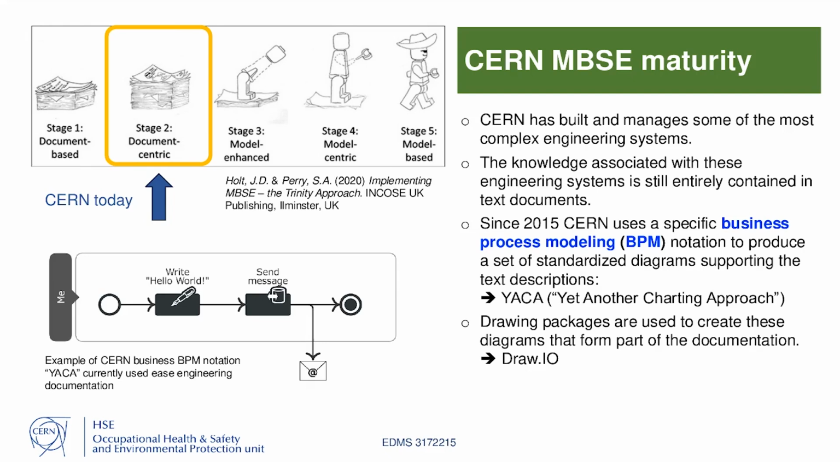And if you look at the icon, it is even worse than stage 1, because to the text documents, you add all the diagrams that you use. As I said, since 2015, CERN uses a specific business process modeling notation that resembles, for those who know it, BPMN 2.0. You have a typical small example here at the left bottom of my slide. Again, these are just, however, drawings. There is a syntax, there is no semantics in it,